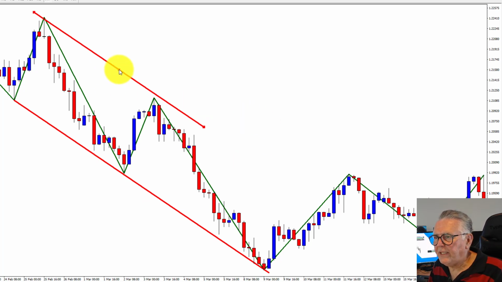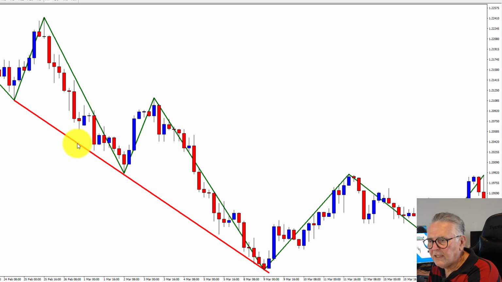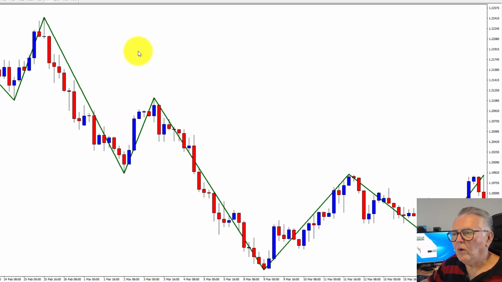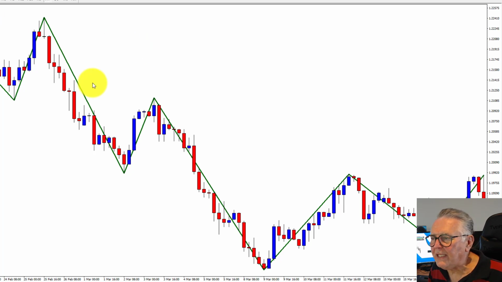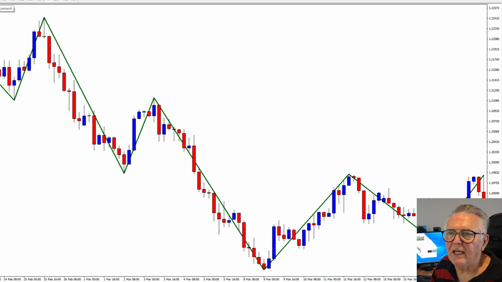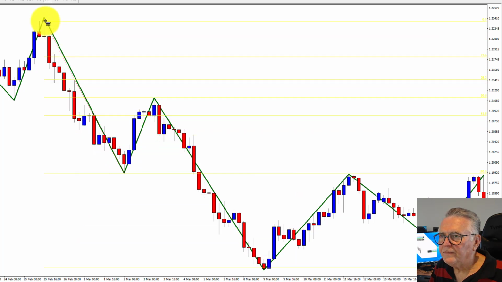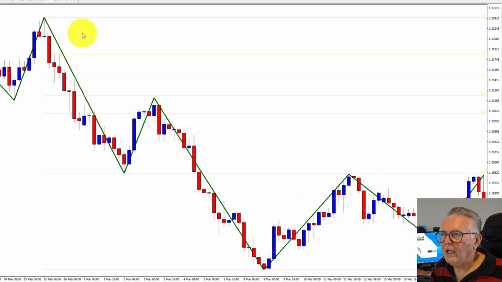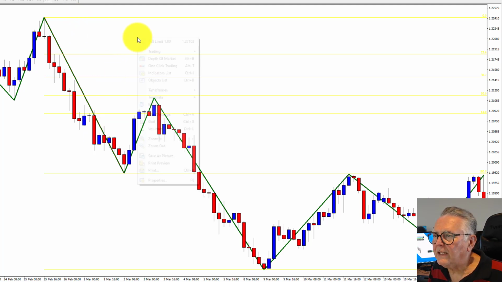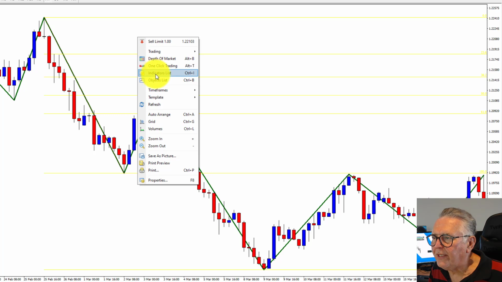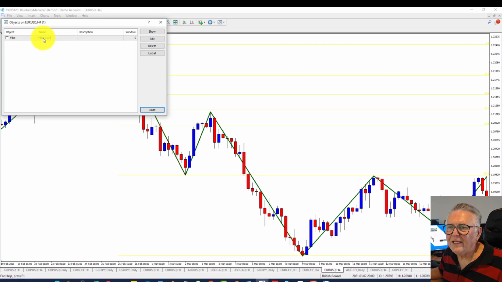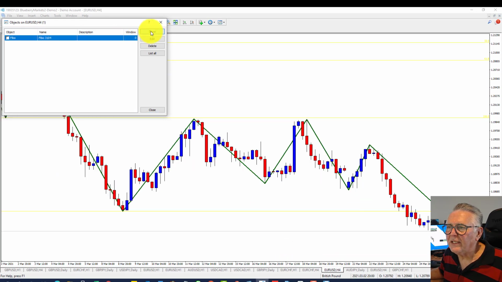Right, so let's wipe channel trading out. Now, one that I don't use often, but I can almost see it happening here, is Fibonacci. So Fibonacci, and let's hope, oh dear. Okay, Fibonacci is a tool, and I'll just go in here, and it's not an indicator, it's an object. There it is, and I'm just going to change the color to